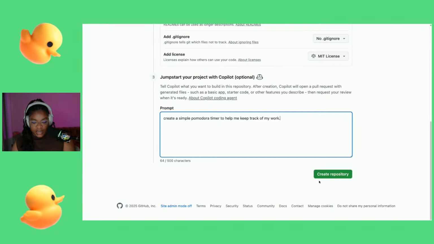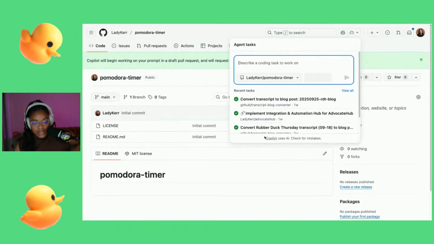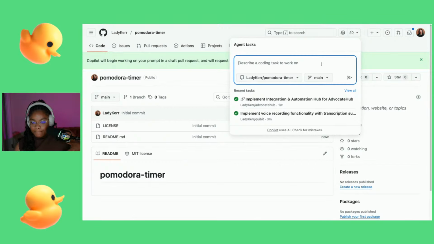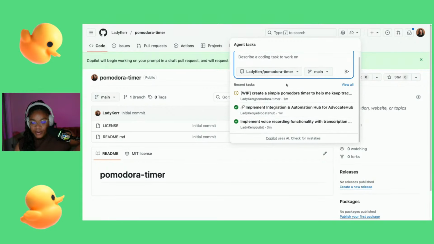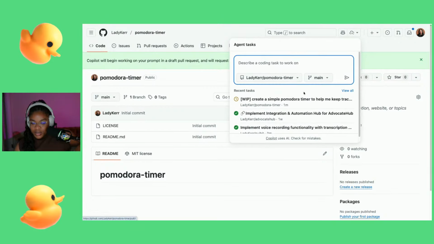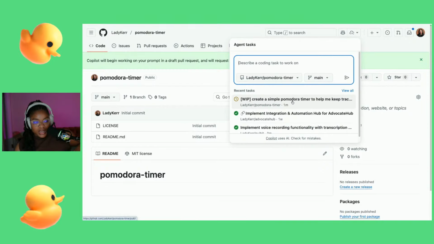Something like that. Let's create the repo and see what happens. Agent task, what's this? Oh, so right now I have a pop-up of the tasks I've assigned to Copilot coding agent. That's cool.